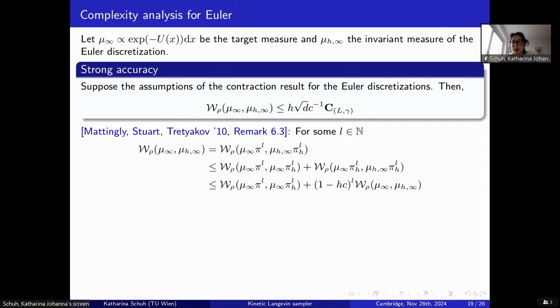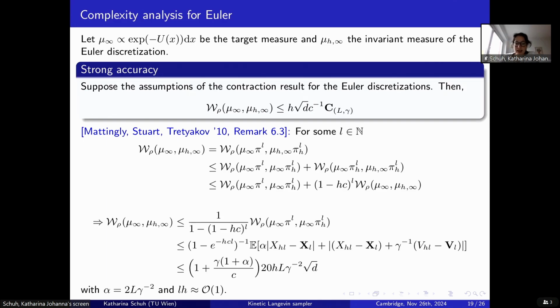So the transition L steps of our transition kernel of the Euler discretization scheme. And then for the second term here, we can just use our contraction result we had before. So this gives us this additional prefactor, and the Wasserstein distance is now just the Wasserstein distance between mu infinity and mu h infinity. The second term can now be put on the right-hand side, and we can divide it by this term we observed on the left-hand side,